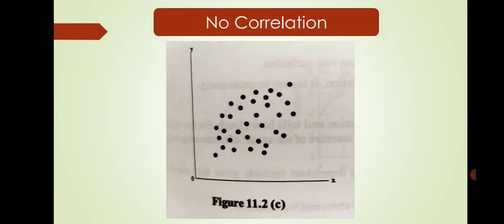This is the example of no correlation. If you put a line, no points will match and the values are scattered along the central line. So this diagram means that there is no correlation between x and y values. Whether x increases or decreases, the values of y will not be affected, and they will not increase or decrease as x does.